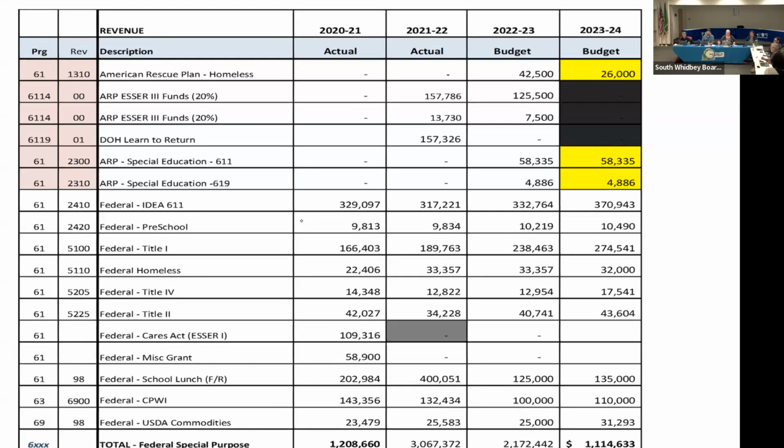So these are all federal programs. Again, very specific. We can only spend them in that particular category. They're ones that I claim on a monthly basis. We have to spend them first, that type of a process. Very highly regulated. This is one of the big areas where we get audited that causes heartburn for me because there are so many regulations and rules around these dollars. But again, you see it drops from 2,172,000 to about 1,114,000, and it's the loss of those ESSER funds over time.